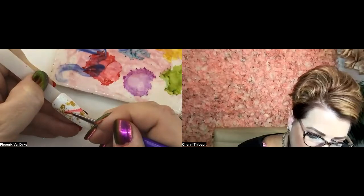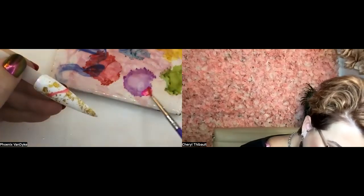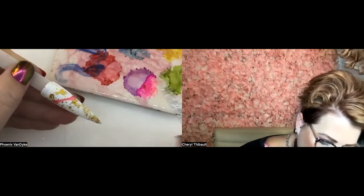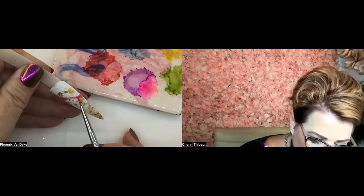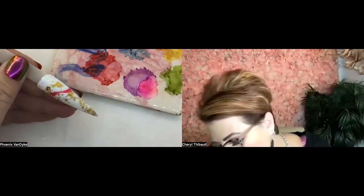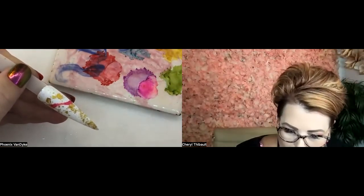Maybe make that a little bit bigger. Isn't it pretty? It's just kind of a pretty little color. All right, and then we can grab some of this purpley pink color and drop it in there just to make it a little bit more vibrant if we want. And then we can add all these different colors. Okay, so white